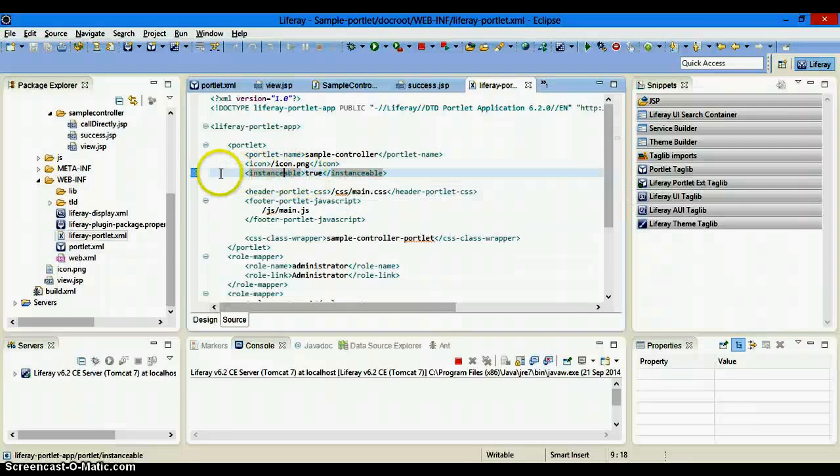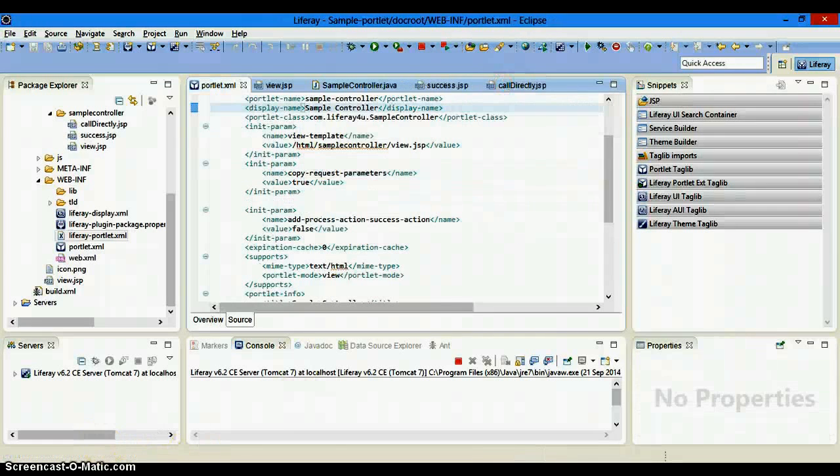By default a particular portlet is not instantiable. That means you cannot put two instances of the same portlet on the same portal page, though you can put them on different pages.